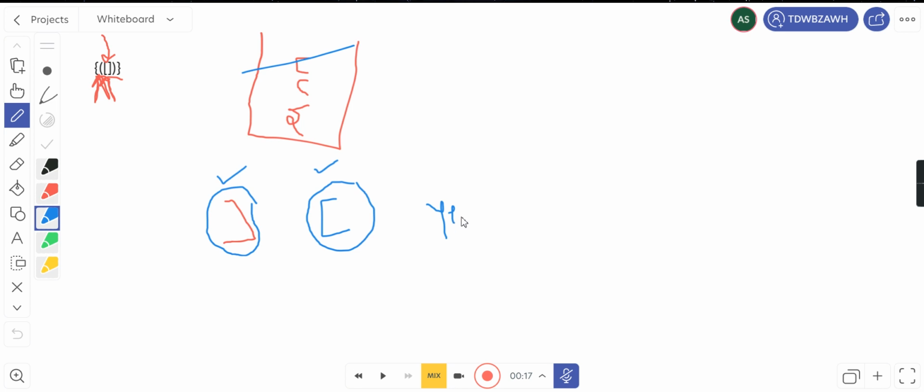If yes, you can continue further in the processing of the array, and if it is not, then you can directly return false. We'll see that case also.